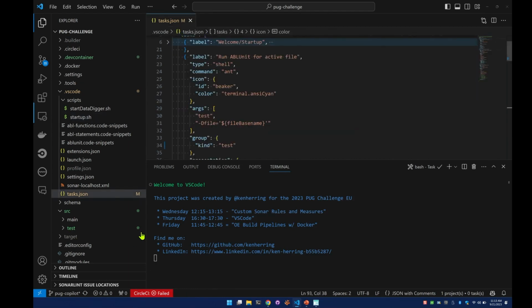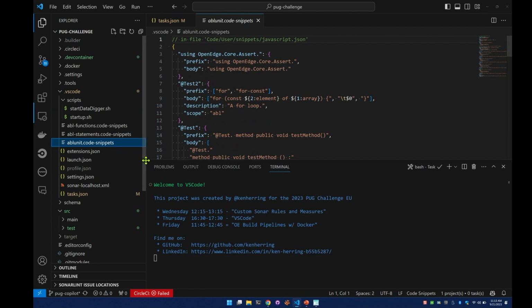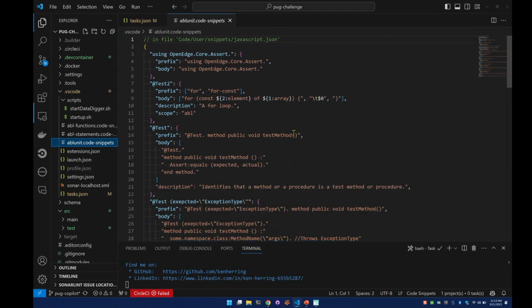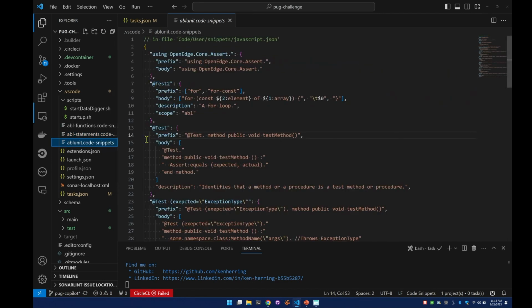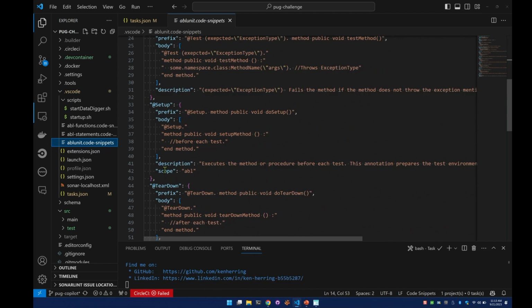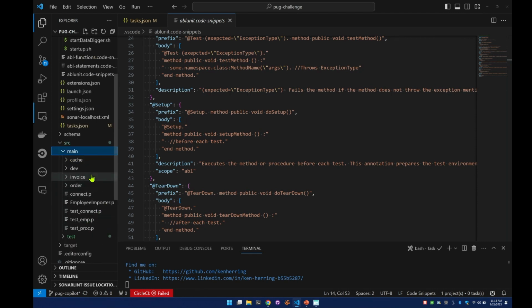All right, so code snippets really quick. I mentioned that there is the power of code snippets. This is all of the annotations for the unit tests. I put them all in here. Actually, let me just show that really quick as well. As an example,